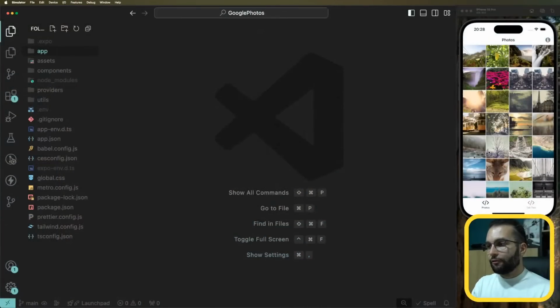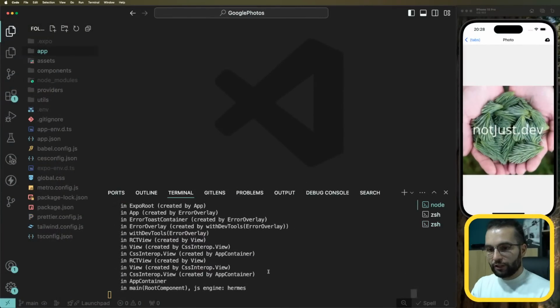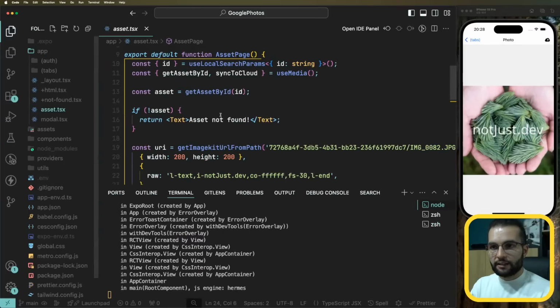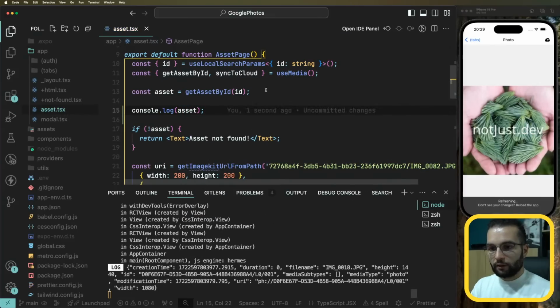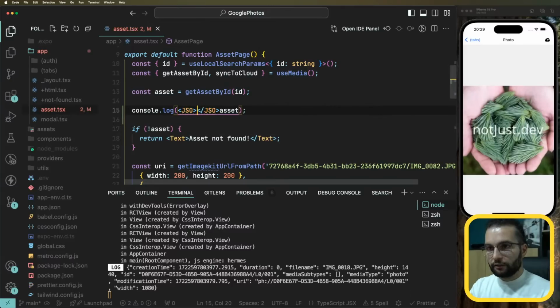For that reason, we need a way to identify local and remote images, understand the connection between them, and also be able to check if a local image is already backed up or not, so that we know whether we have to back it up or not. For that, we should use the image IDs. If I go into the asset, let's do a console log, JSON stringify asset